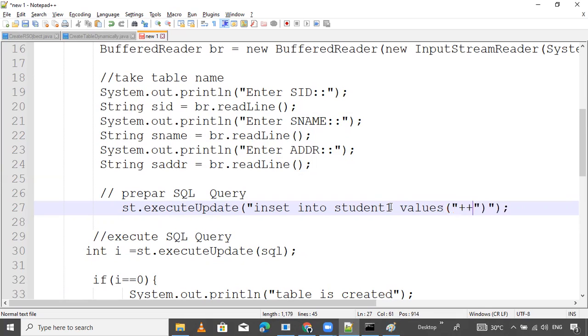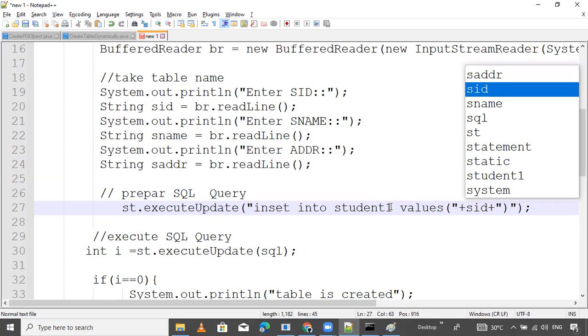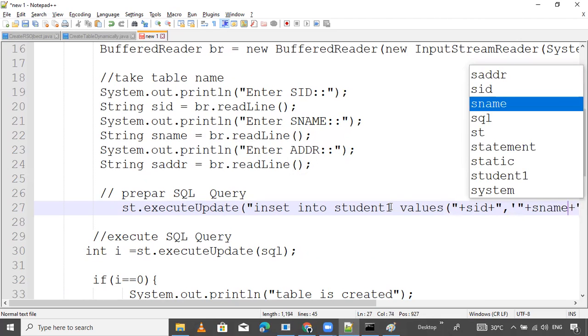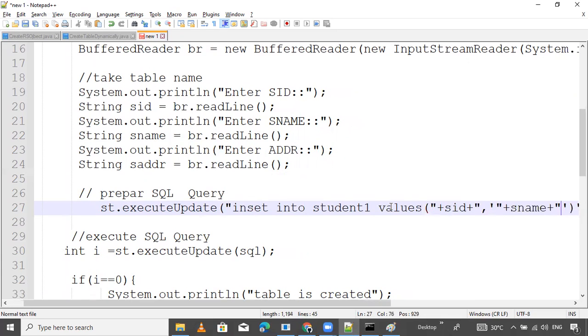Here you can pass SID, comma, and then SNAME. The second thing is of character type, like string type, so we should use single quotes. SNAME we passed.